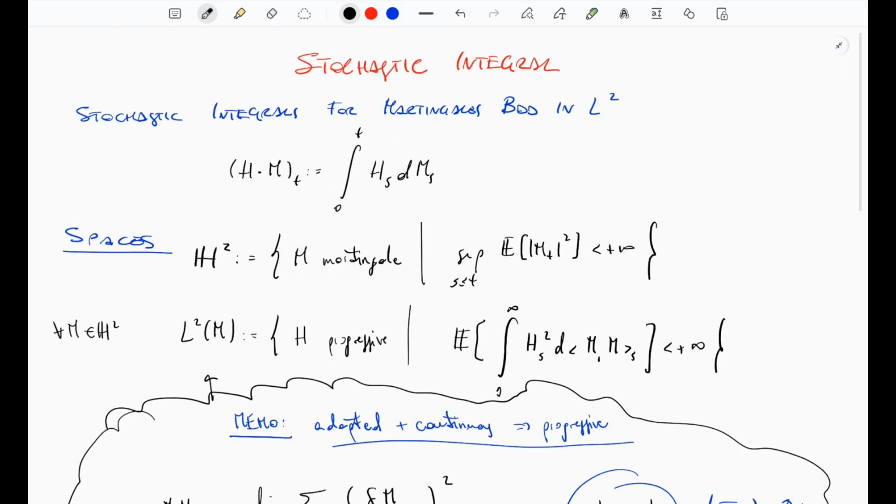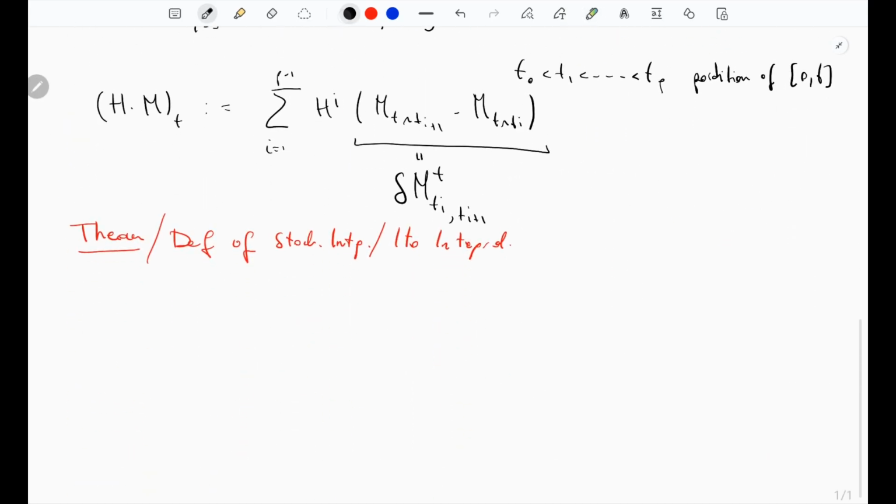But also, there's so much to talk about, really. It could go on for hours. We're doing this for martingales bounded in L2. I should have said that earlier. It's always like this. Okay, let's see now. Right now basically what we're going to do is we're going to prove that, okay, I'll just state it. The integral is in H2, so the integral is a martingale bounded in L2. Okay?